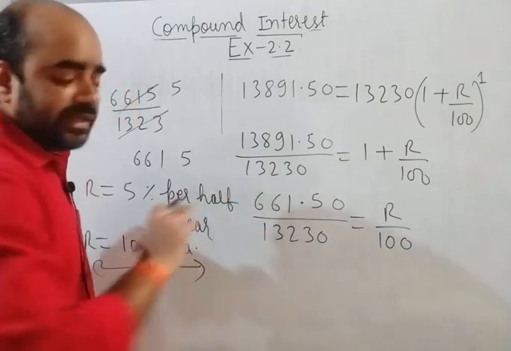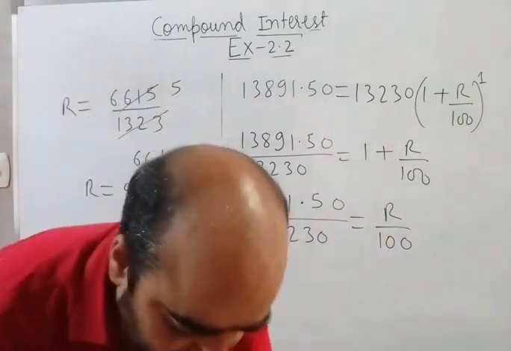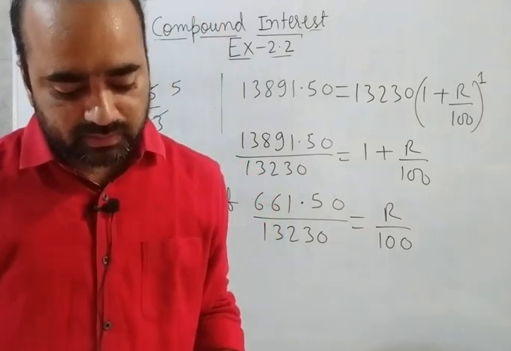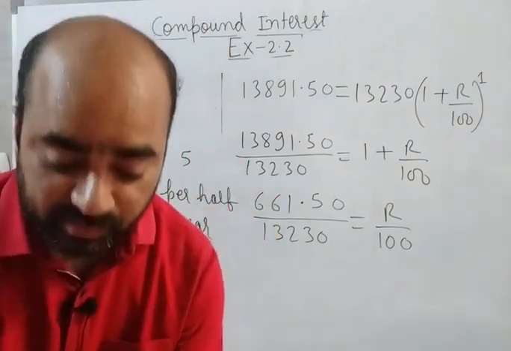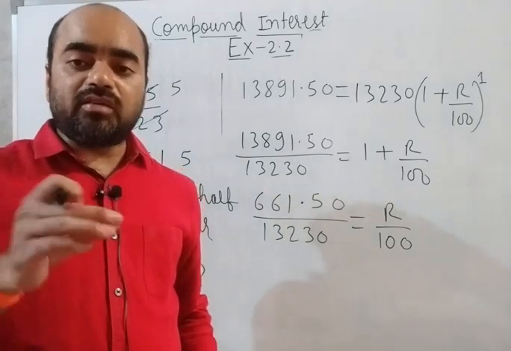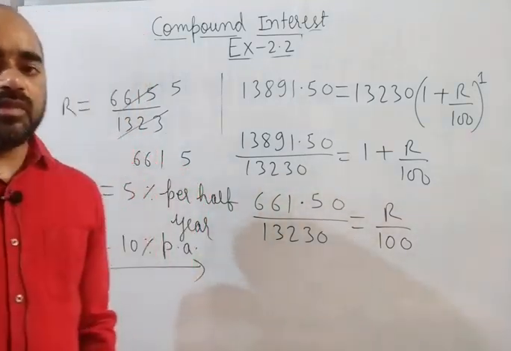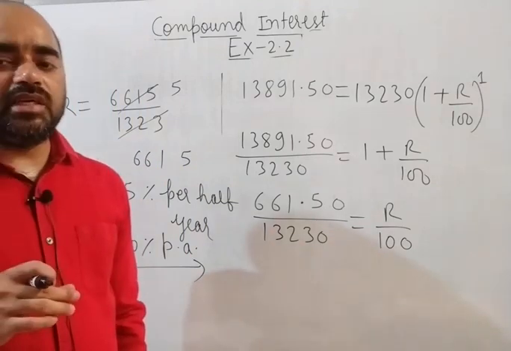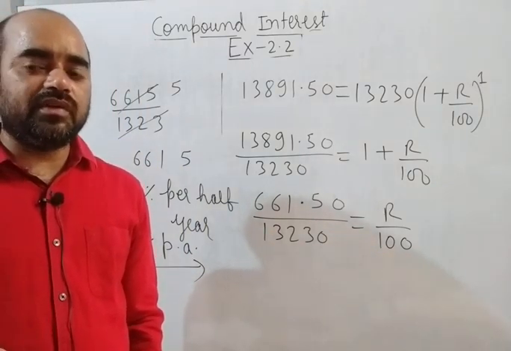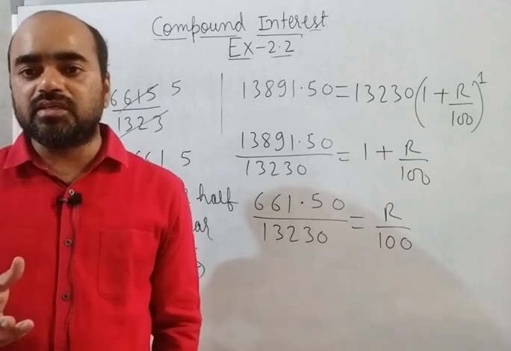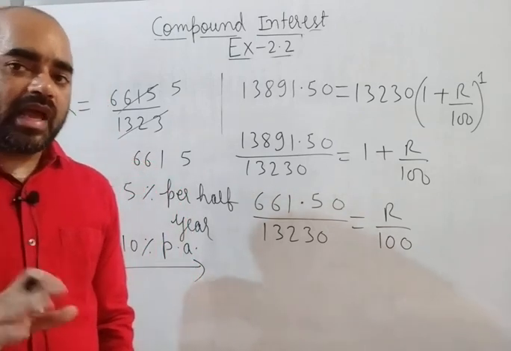Correct? In the question it is not mentioned that calculate the rate of interest per annum. It is mentioned. See, this is mentioned also. And if it is not mentioned, by default it is also rate of interest per annum. If it is mentioned, very good. If it is not mentioned, if it is asked about only rate of interest, it means it is understood that it is rate of interest per annum.